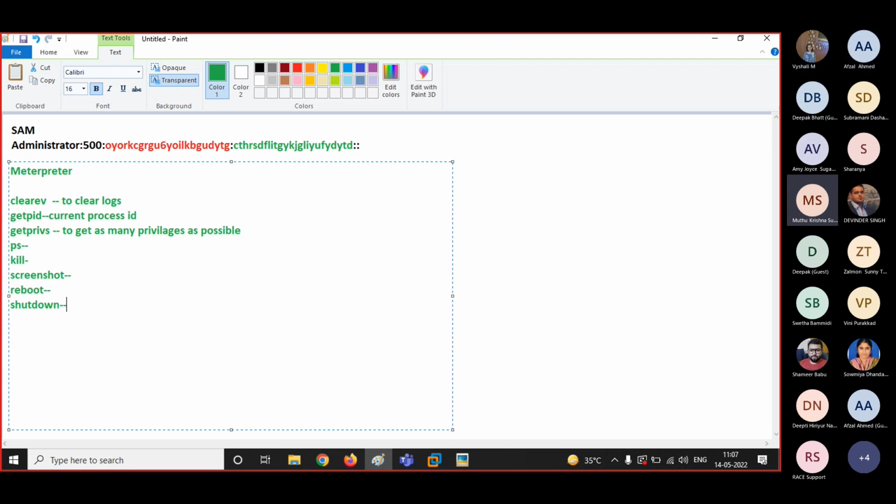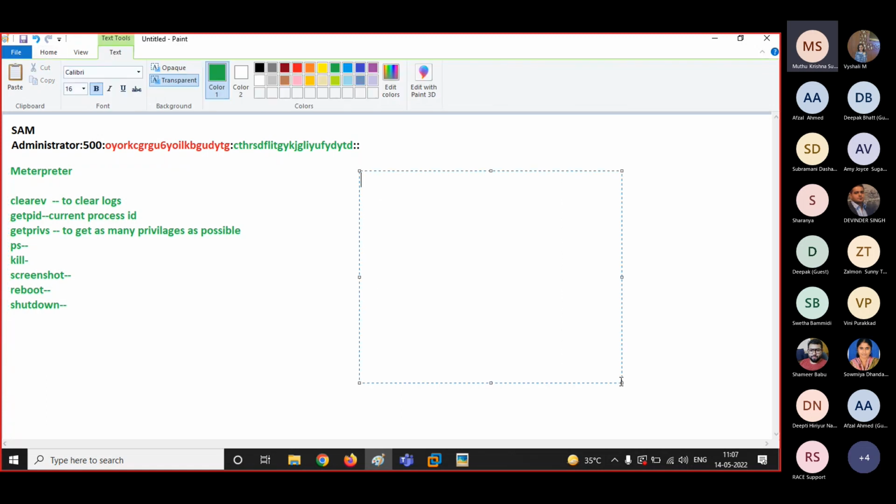Rebooting is for any backdoor malware he has installed, to check whether his reverse connection is getting established or not. One scenario of reboot or shutdown is to ensure that the service is disrupted for the end customer.